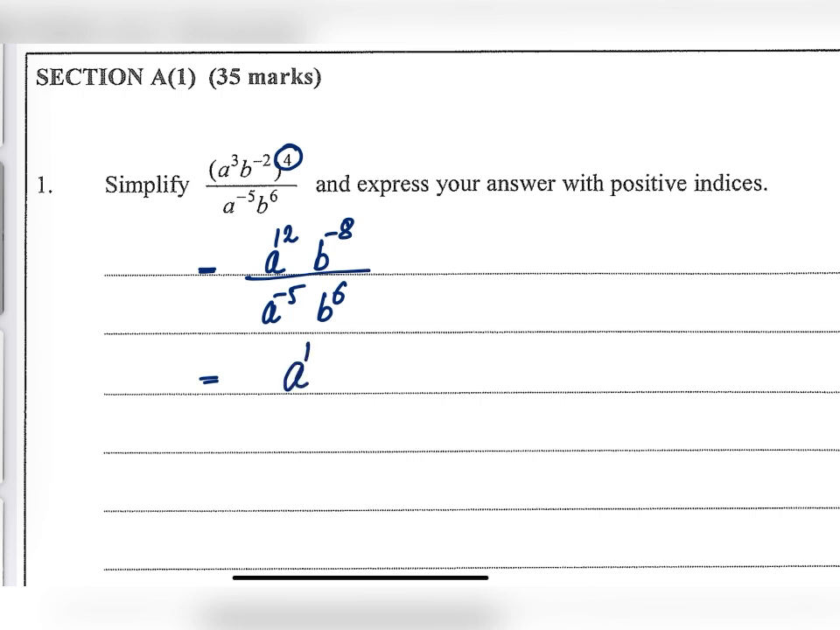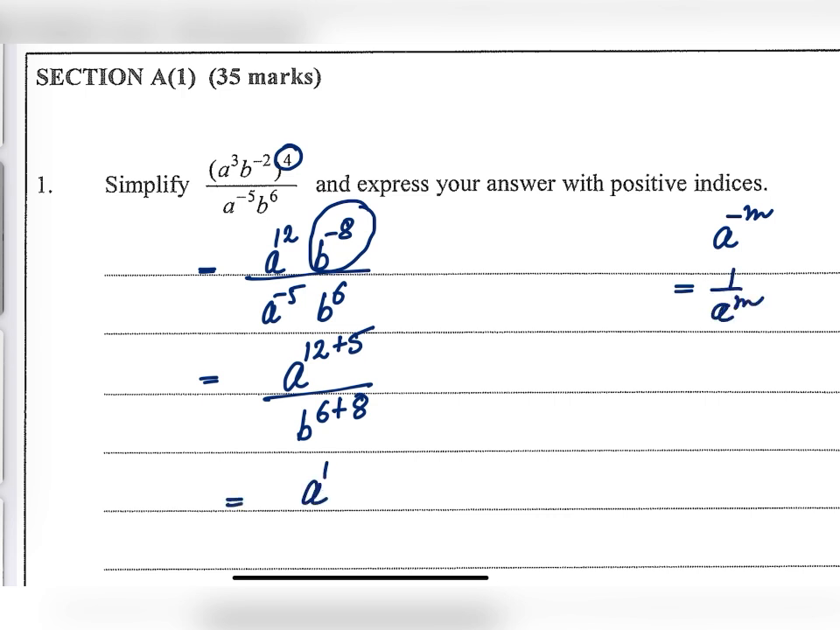So I'm going to send this -5 to the numerator so that it becomes positive. And for b, I'm going to send this negative to the denominator so their power becomes positive. Basically, when the power is negative, we can send it into the denominator and vice versa. So then a to the power becomes 17 and b to the power becomes,